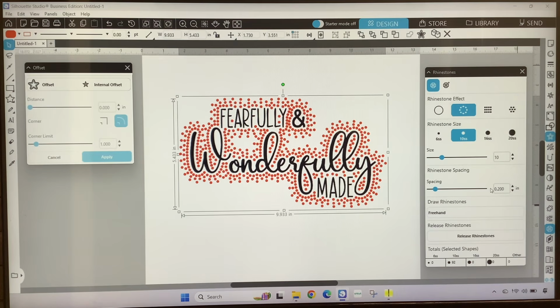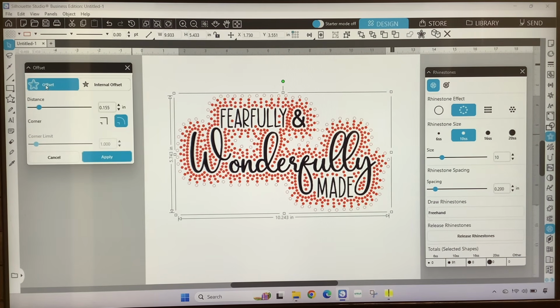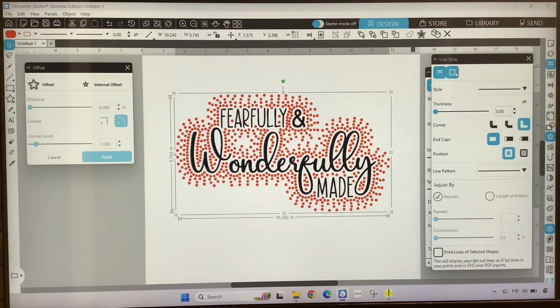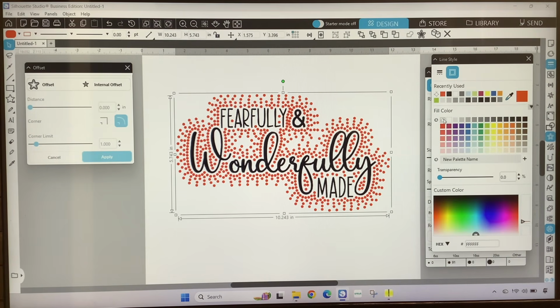With the third rhinestone offset still selected, I am going to go onto the offset panel. I'm going to select offset. I'm going to keep my distance at 0.155. I'm going to select apply. I'm going to change the color to red, my line style to none, and on the rhinestone panel,